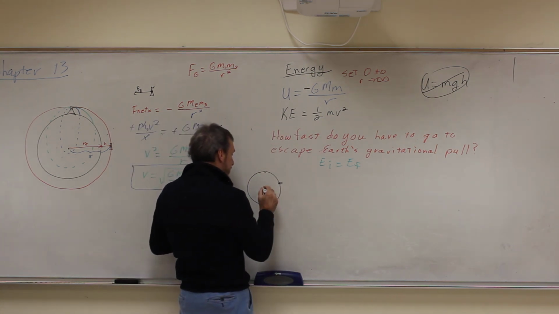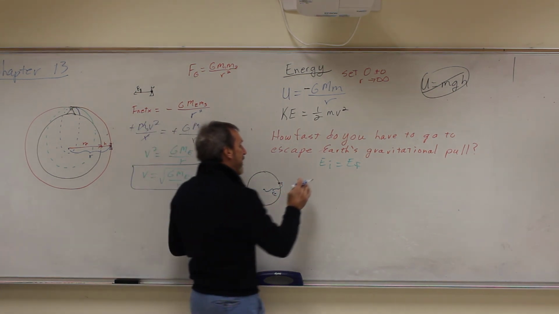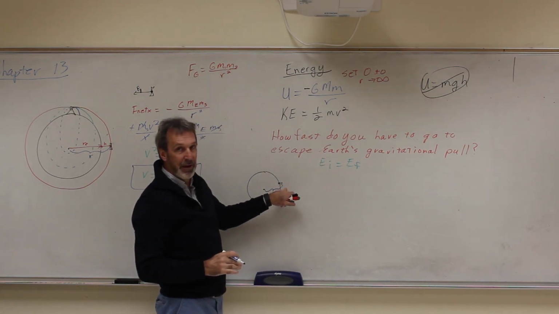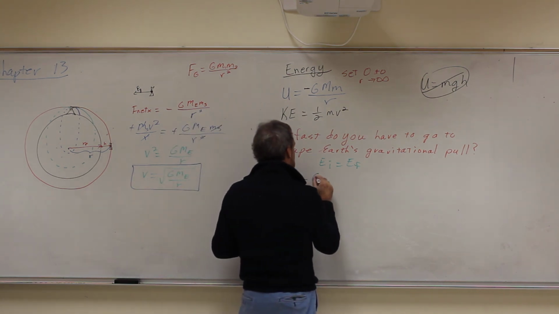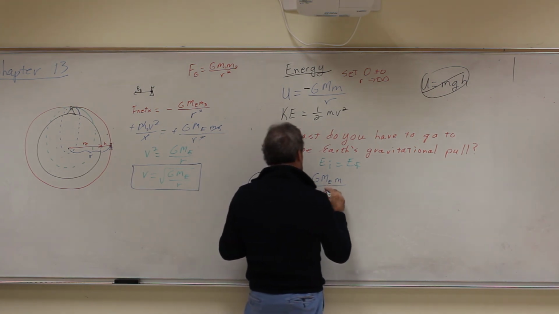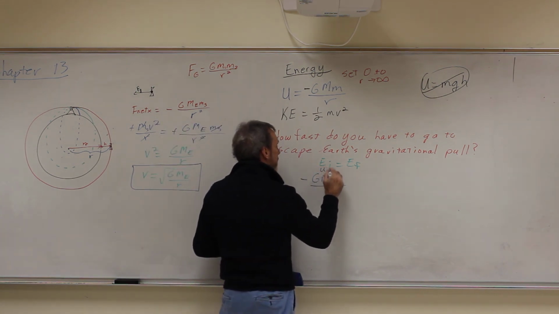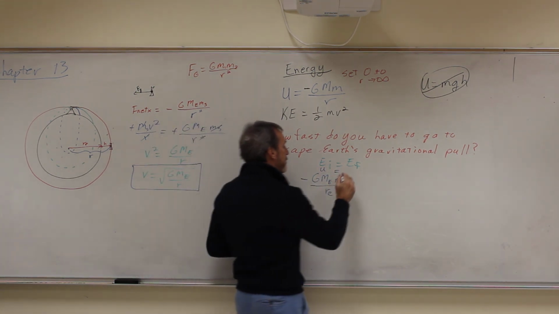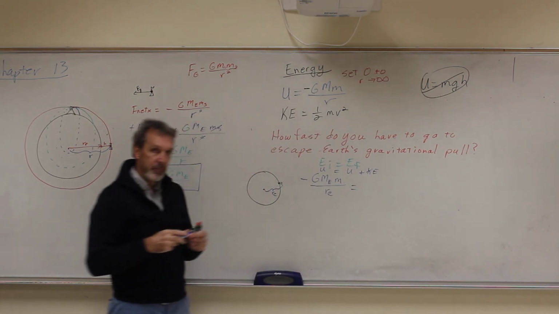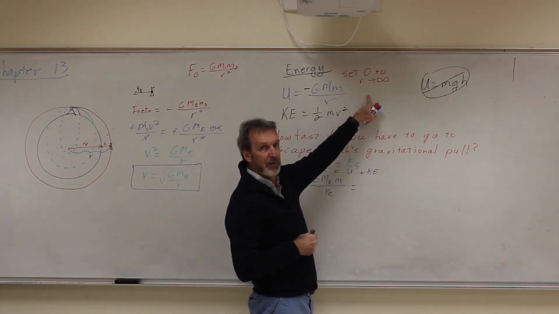All right, so we're going to start out here at the radius of the Earth. So we have gravitational potential here. We have no kinetic because you're going to start out the rocket just sitting on the pad. It's not moving. So this is going to be minus G, mass of the Earth, times the mass of the rocket, divided by the radius of the Earth. That's your gravitational potential. On this side, we're going to have gravitational potential plus kinetic energy. So the gravitational potential, but we're going to do it at an infinite distance, because we want to escape the Earth. So this becomes